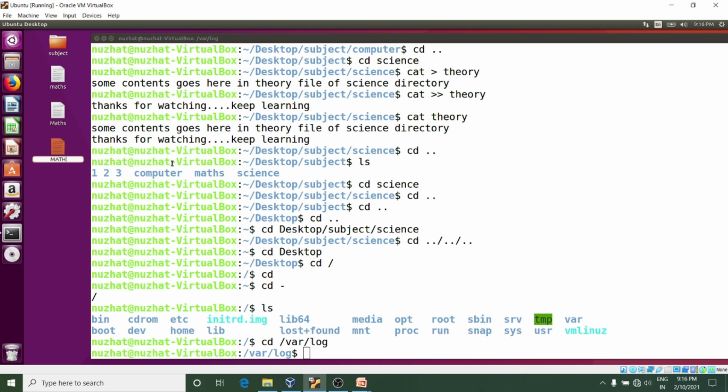Everything in capital letter. In Windows, it will not allow you to create the same file name in the same directory. But in Linux, we can create because it will consider uppercase and lowercase as different ones. So it is possible for multiple directories or files with the same name to coexist in the same directory.